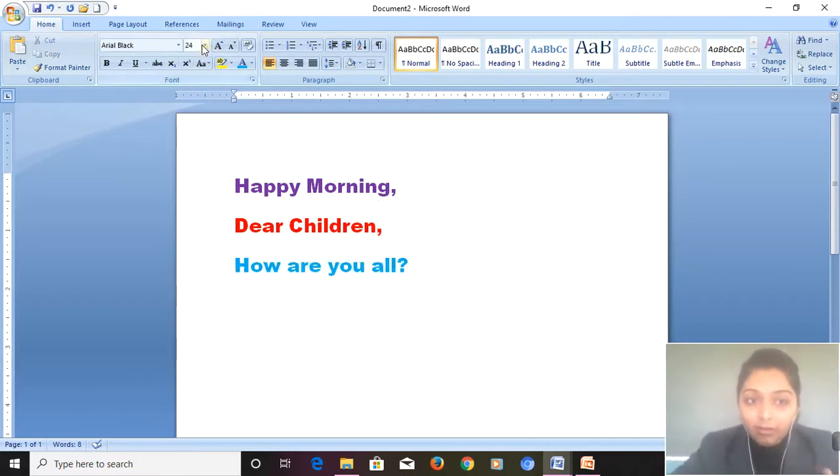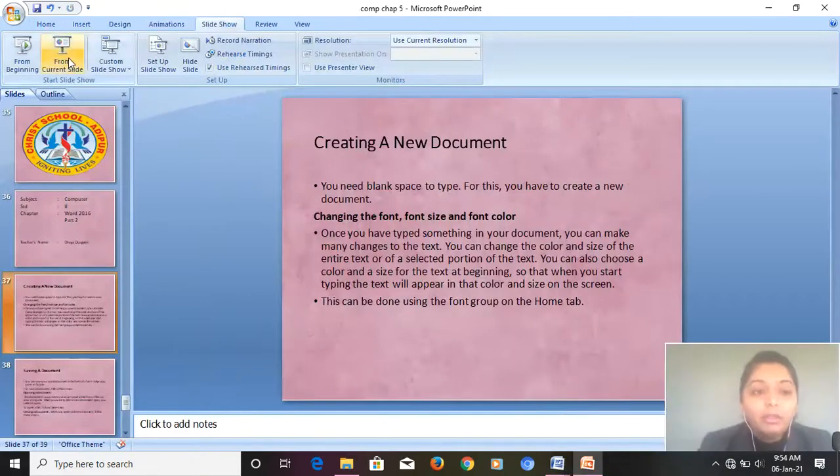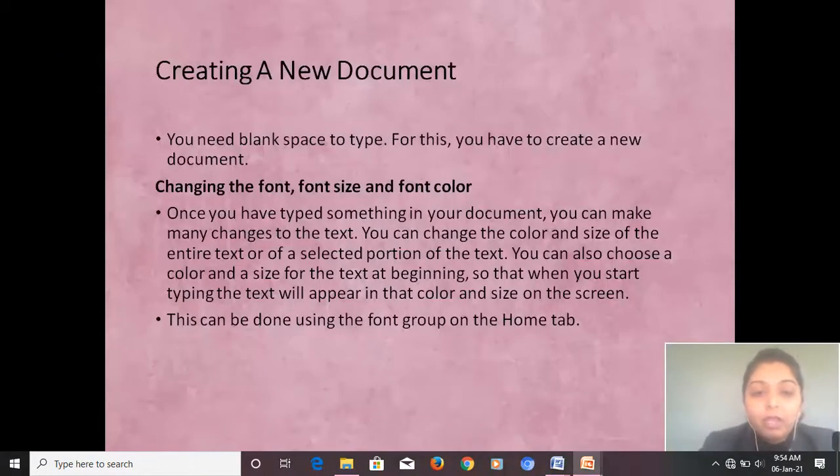We can increase the size, we can change the font and then we can change the font color. But ये सब करने के लिए आपको क्या करना होता है? First you have to select the text. क्या करोगे आप? टेक्स्ट को सिलेक्ट करोगे and then you will change all these. Understood? Is it clear to you dear children? Yes. So next we were having in the theory part like changing the font size, font color.